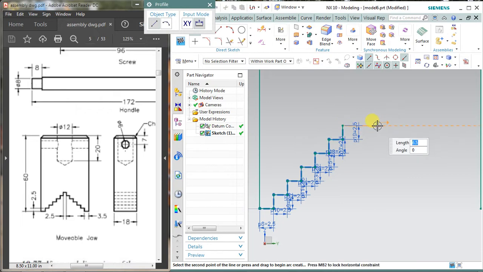Now I am at the center of this zigzag portion, so I am taking 2.5 divided by 2, enter, and angle 0, enter, because I will mirror it after this.